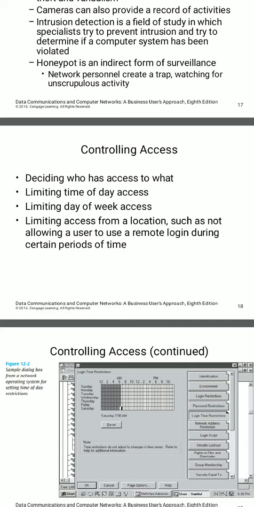Okay, let's see why we need access control. Limiting the time of day access, limiting the day of week access. You may ask a question: why do we need to decide who has access to what? Why? As an example, let's say if an employee simply performs data entry operations, he or she probably shouldn't